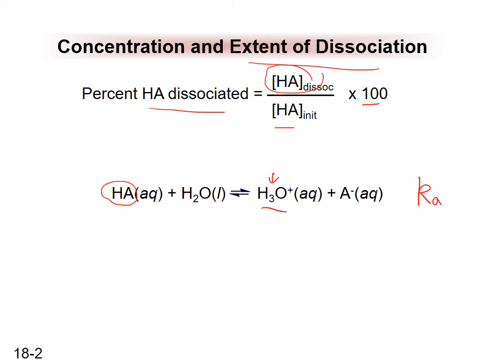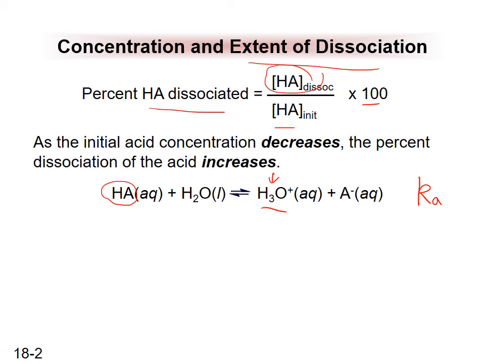It turns out that when the initial acid concentration decreases, the percent dissociation of acid increases. So in other words, compared to a concentrated acid, a dilute acid has more extent of dissociation, a higher